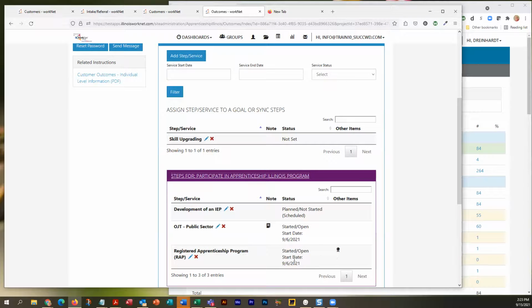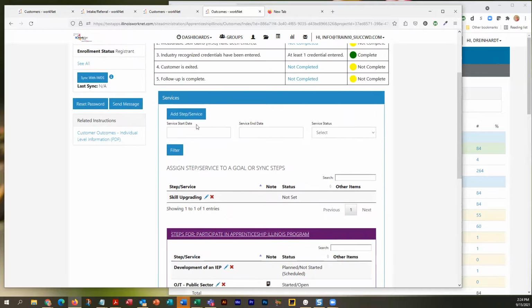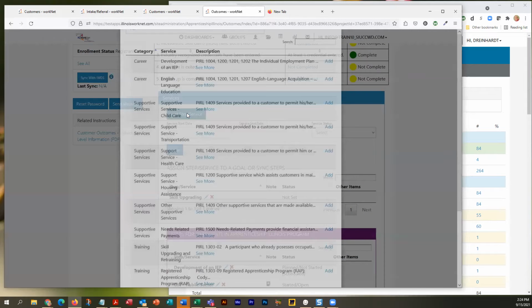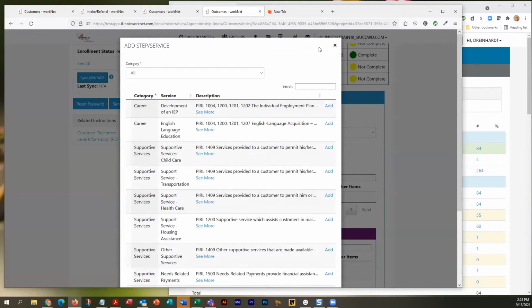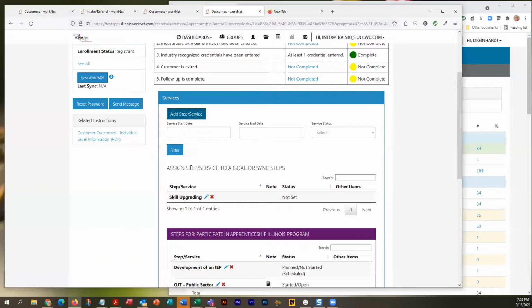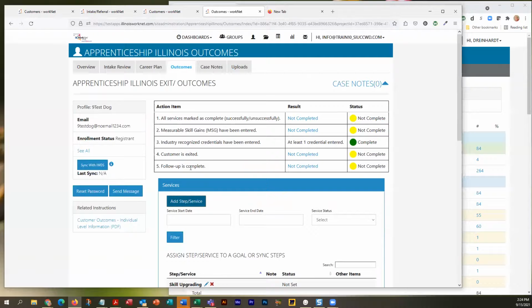So if you can see, we've got a certificate earned here, and that's all updated from what I did. So if you add the step or service either here or from the career plan, it should be adding it into the customer's profile.